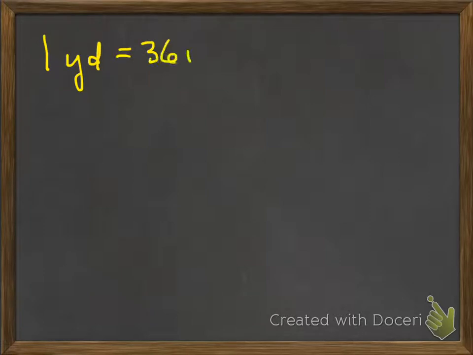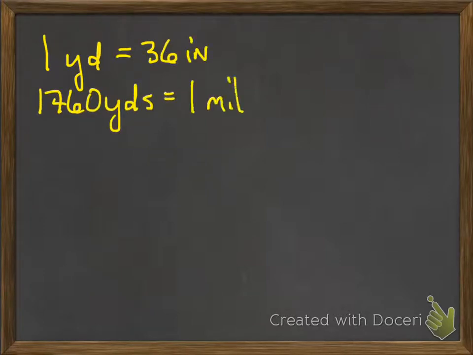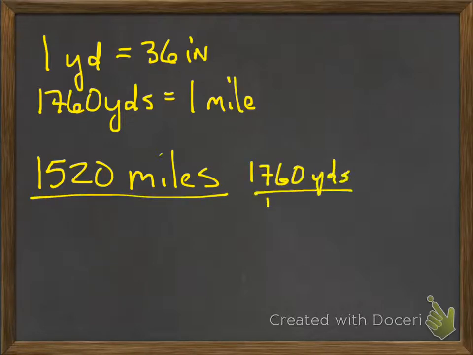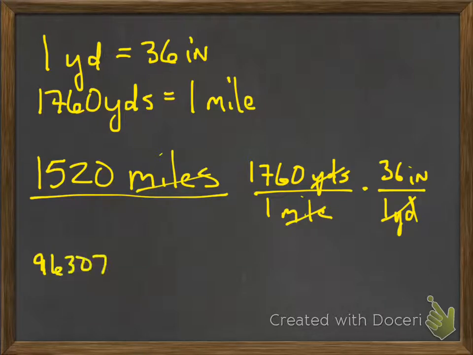So, for example, keep in mind you need to know that 1 yard is equal to 36 inches and 1,760 yards is equal to 1 mile. So when your odometer says 1,520 miles, because I chose purposely a low number, then you would do your conversions just like you did in science, and that's what this is showing, and you would find out